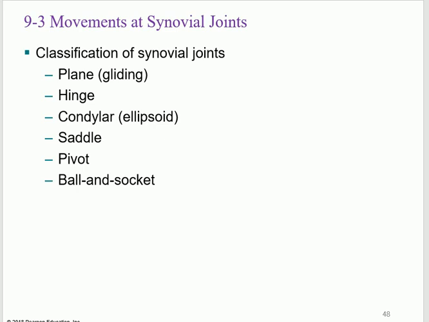So plane joint, gliding joint. This is when you have this one movement of gliding like this. You glide. Hinge is an angular movement with a single plane. This is a hinge. Look. This is angular, right? Here is the angle. And one axis only. Flexion, extension, that's it. There is nothing else. We call this hinge joint, and I will show you the pictures.